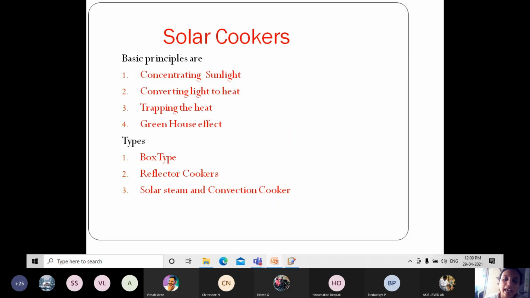Collector and cooking place can be separated. Thus, cooking in the shadow is possible. Most steam and convection cookers have a low efficiency and a high price compared with the others. They require relatively much effort in manufacturing. Heat storage solar cookers overcome the most important disadvantage of solar cooking in general.